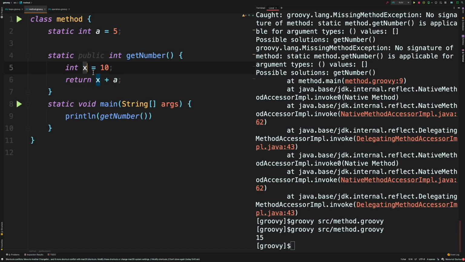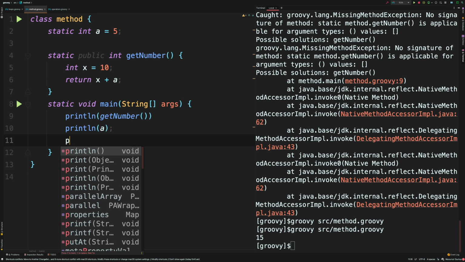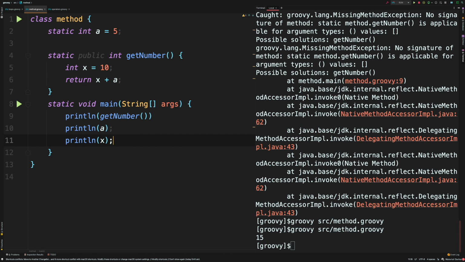Now what's happening here is that we have the integer created in this getNumber function, which is named x. Now we can access a, which is outside, but what if you want to access this x inside the main method? So I'm going to use println, and I'm going to first print a, and we'll use println, and I'm going to print x.